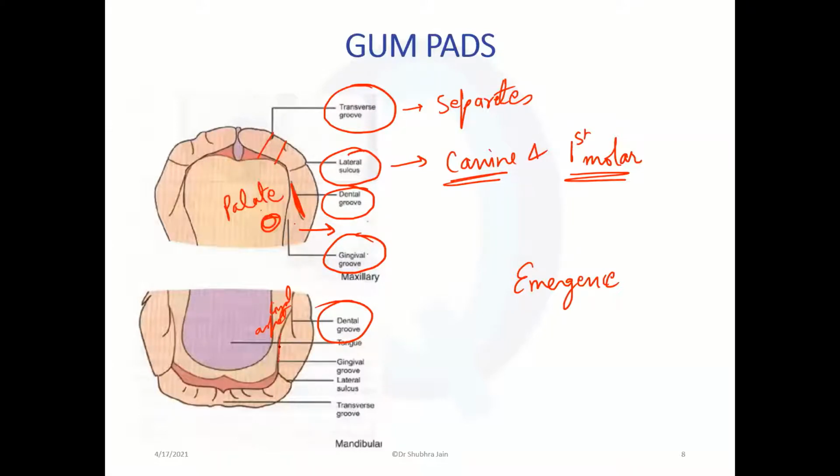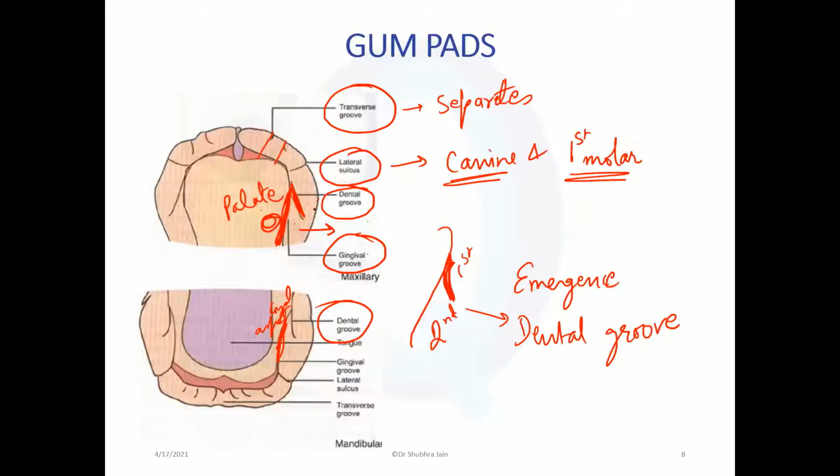This is the gingival groove. And this is the gingival groove. Okay. Now, dental groove does not run from buccal aspect, it runs from the lingual aspect. So, if this is the gingival groove, from the lingual aspect or the palatal aspect is the dental groove. It essentially separates first molar and second molar only, but because it runs from the lingual aspect, we have a different name for this. This is the dental groove.